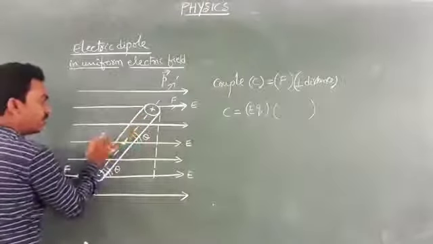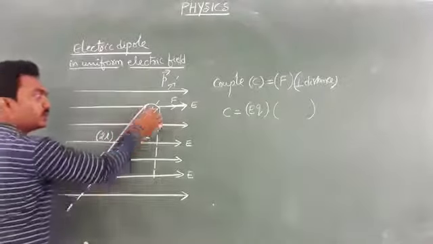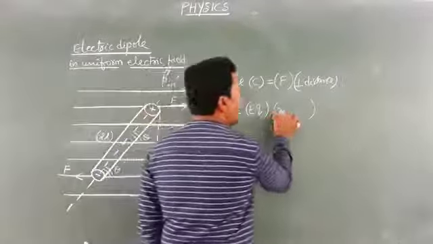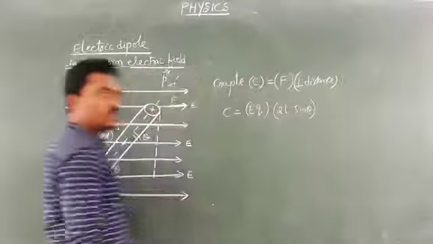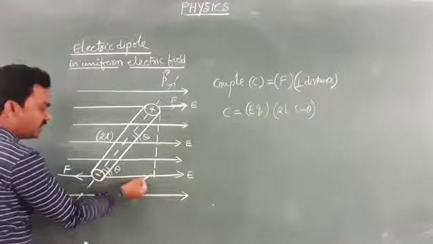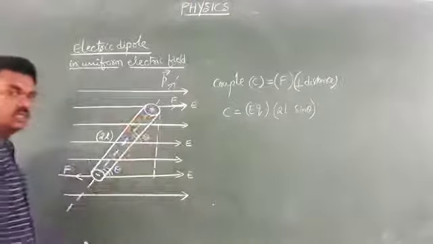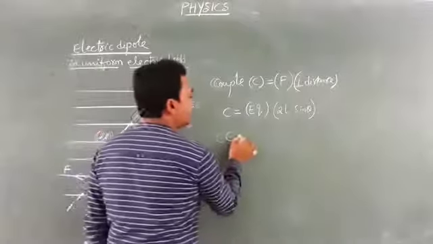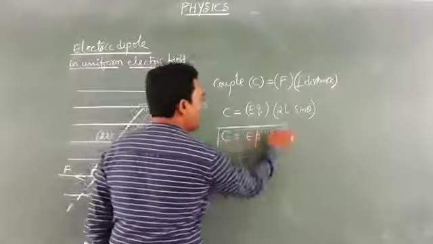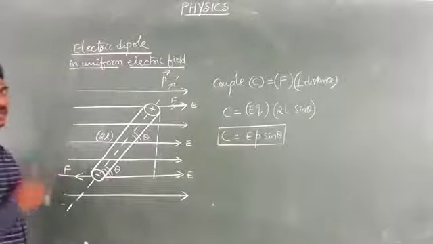2L is the length of the dipole. Here to here, 2L is the length of the dipole. Then in this right angle triangle, the opposite side is 2L sine theta, because the length of the dipole is the hypotenuse 2L, making an angle theta with this adjacent side. So this opposite side, which is the perpendicular distance between the two forces, will be 2L sine theta. So you can write Q into 2L, which is nothing but the dipole moment p, times E sine theta. Here is the magnitude of the couple experienced by the dipole in a uniform electric field.